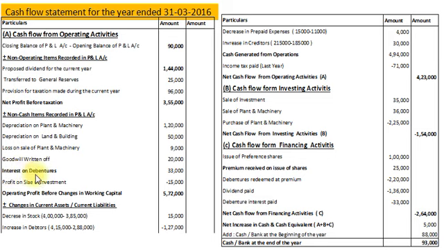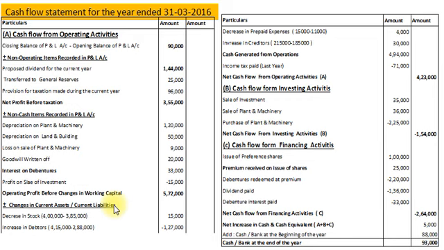Here, interest on debentures, there is no information in the adjustment. This is a completely hidden adjustment because debentures outstanding interest is not given in the balance sheet. So here it is assumed the company paid debenture interest at the end of the year, and our end of year balance is rupees 3 lakh. So 11% of 3 lakh is 33,000. And profit on sale of investment will be deducted rupees 15,000. And finally we get operating profit before changes in working capital rupees 5,72,000.